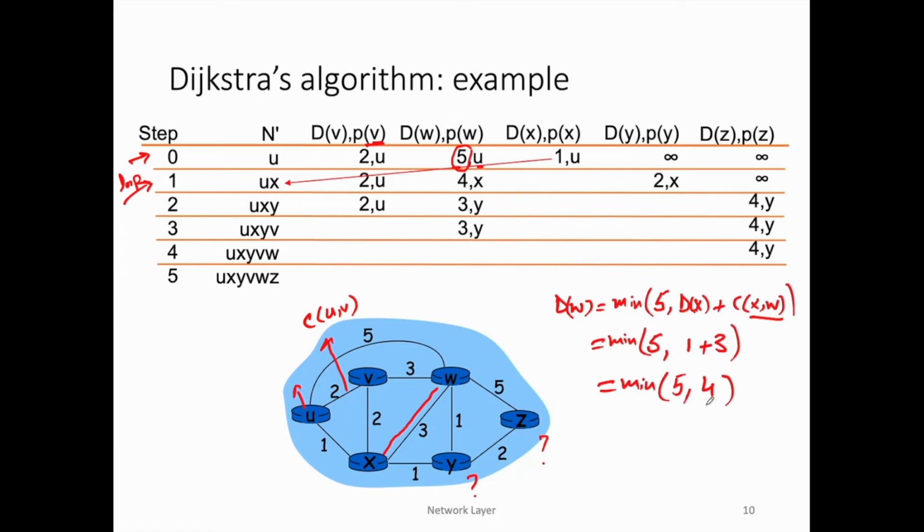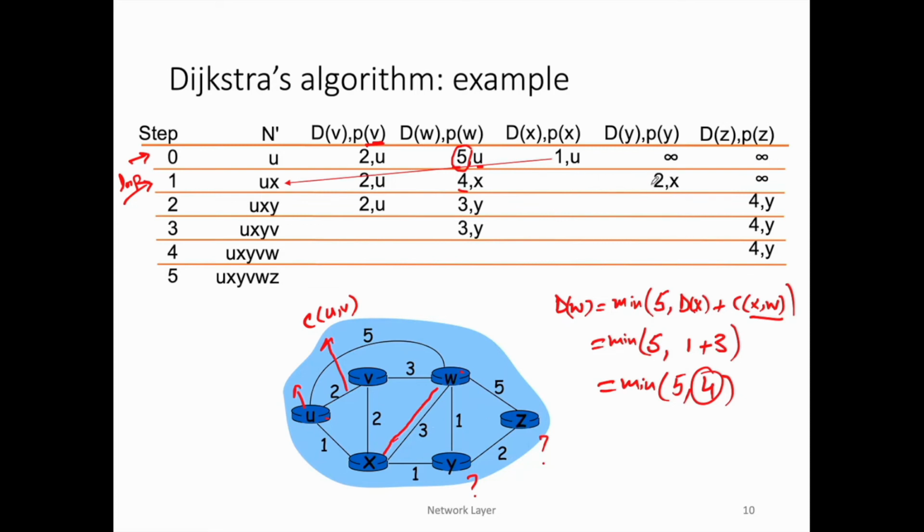So what do you think? Yes, so we have a new least cost, 4. So what we have done here is we have updated the cost to reach destination W to 4, and now look at the predecessor node. So now if I want to reach from U to W, it will not be using this direct link because this is not the least cost path. I will be using this link U to X and then X to W because it has the least cost. Similarly,